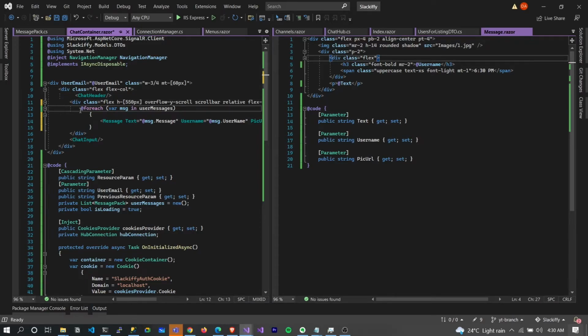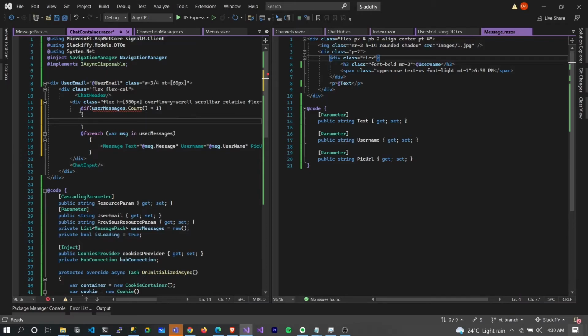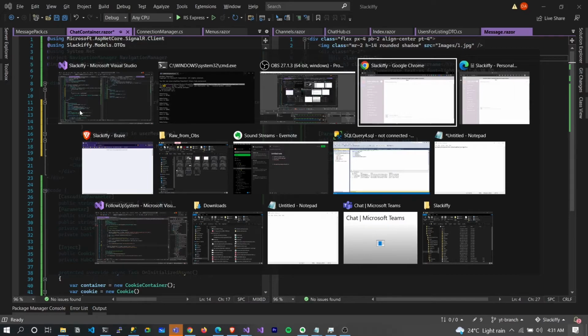So there are a couple of checks that we want to do just to have a good user experience. So first, we want to be sure that there are messages. All right, if there are no messages, there are certain decisions that we should take. There are two things that can happen if there are no messages. It's either the case that there are no messages because we just landed